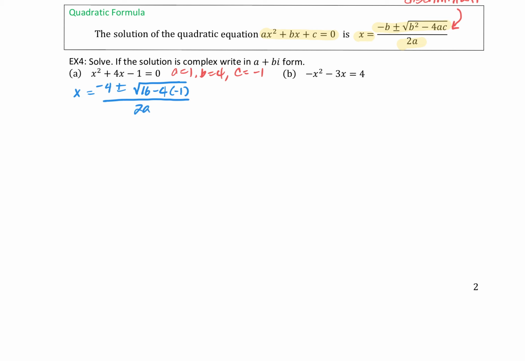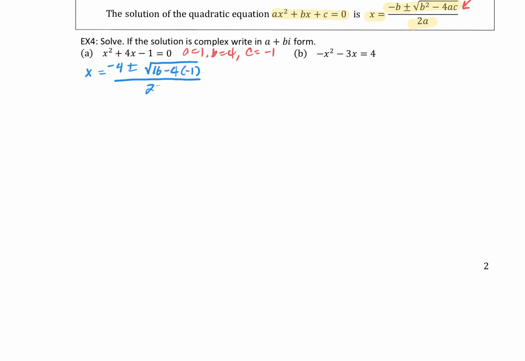all over 2a. So remember, this fraction bar goes all the way across. It's not just underneath the square root. And here a is 1, so it's just all over 2. Now I'm going to simplify that to get x equal to -4 plus or minus the square root of 16 plus 4. So this is going to be the square root of 20